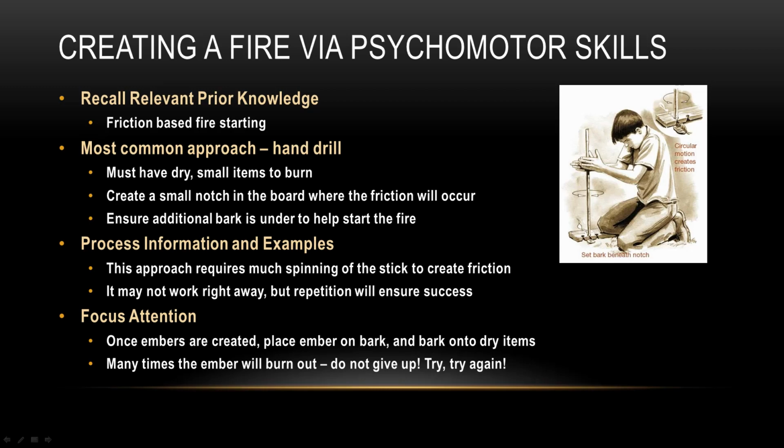The most common approach that we know of is called the hand drill. This is where you take a stick between your hands, as pictured to the side, and you spin it while using the friction of the stick on a board to create an ember which will be transferred into tinder. Once that tinder is moved, you put it onto a piece of bark and the bark will essentially start